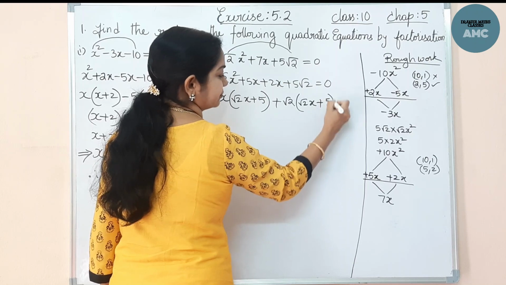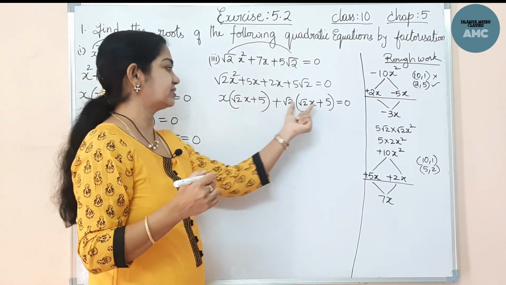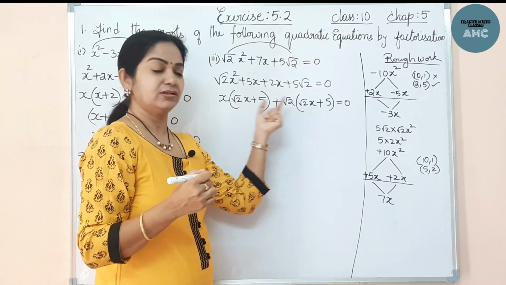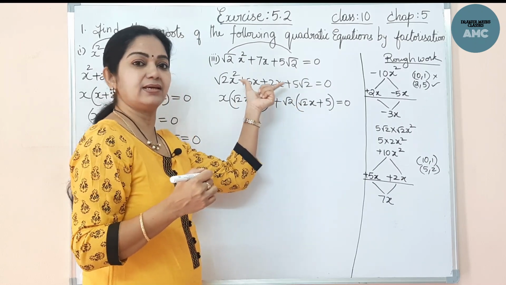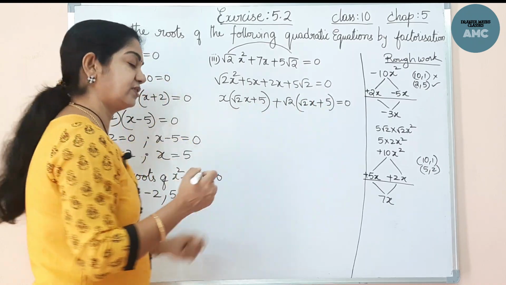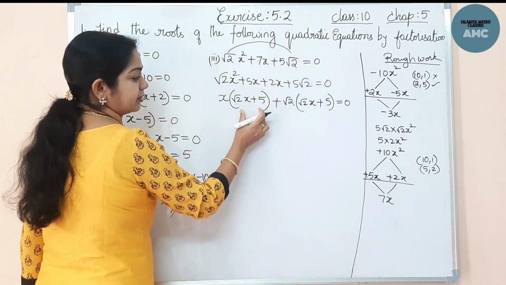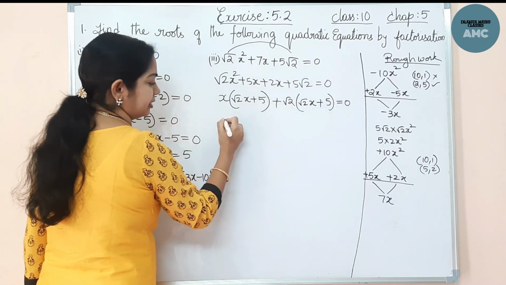Plus 5. And you have to check that always the thing in the bracket must be the same, just to check whether you have taken the same factors. For checking that, see that this term must be the same. If it is not the same, that means the splitting of the factors you have done is wrong. Okay. Now this term which is common, you take it out.